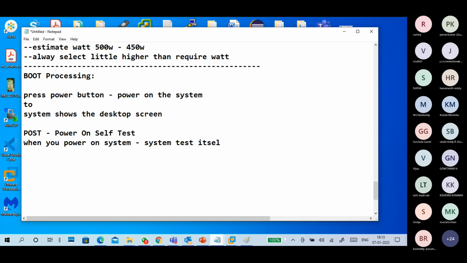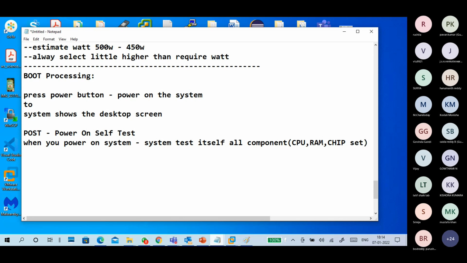All components are tested, mainly CPU, RAM, chipsets, AGP, VGA, all these things.